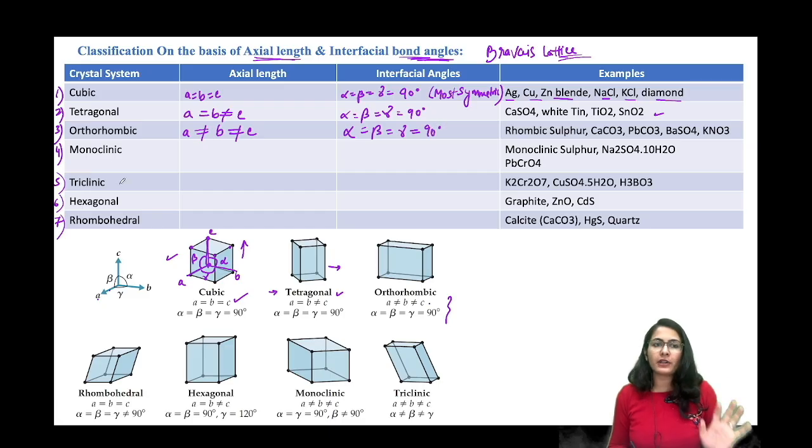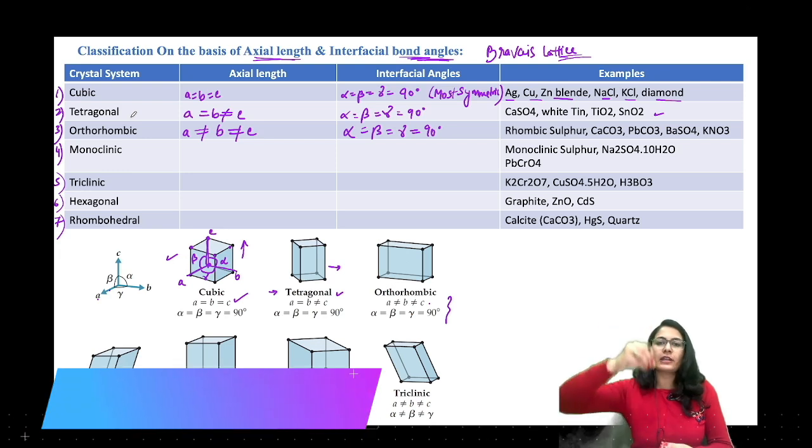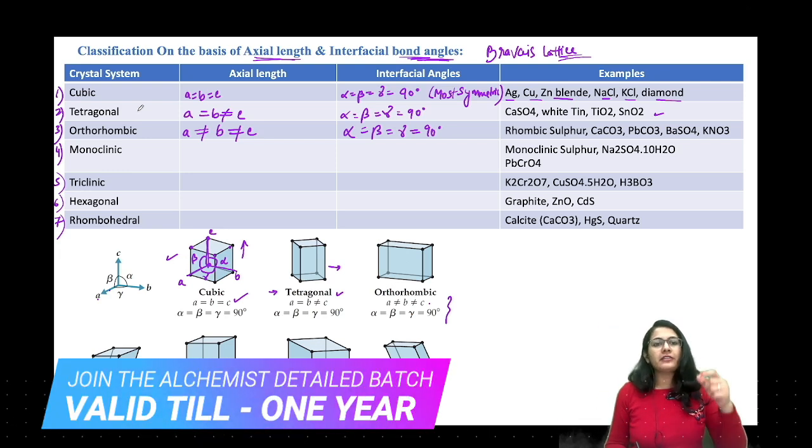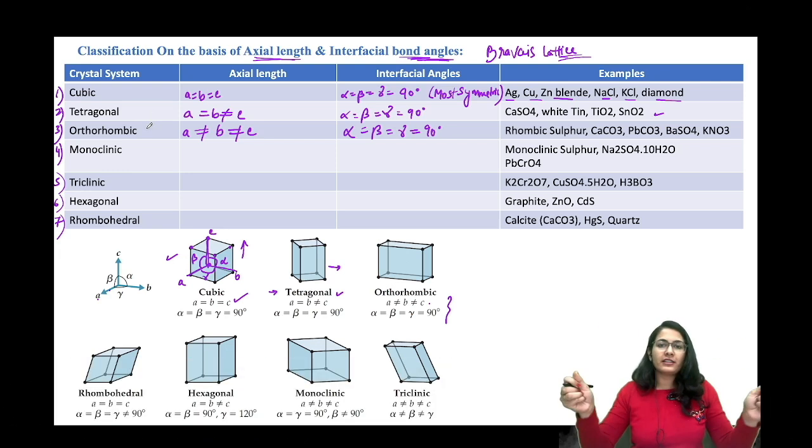Alright, easy to remember like this. Cubic, then stretch once, tetragonal, you are stretching from above like this. So that becomes tetragonal. Then tetragonal, you stretch one more time like this, horizontally. That becomes orthorhombic. Okay, then